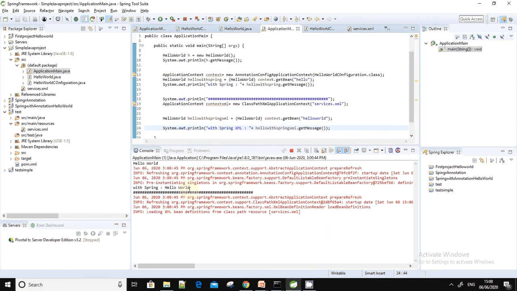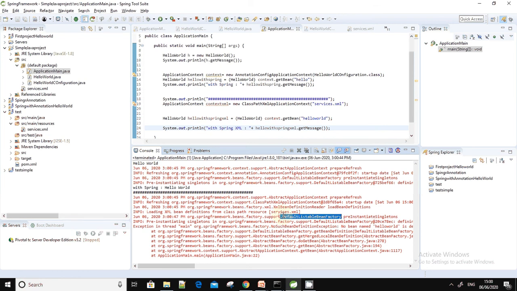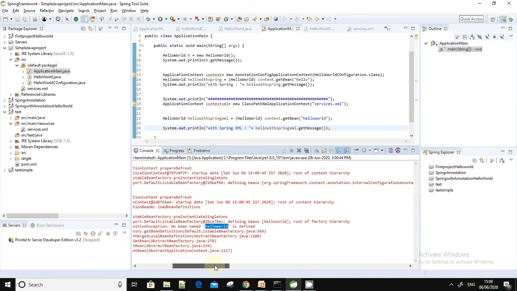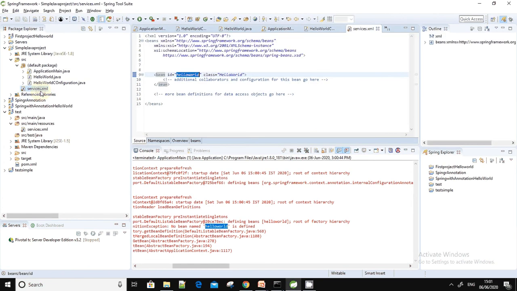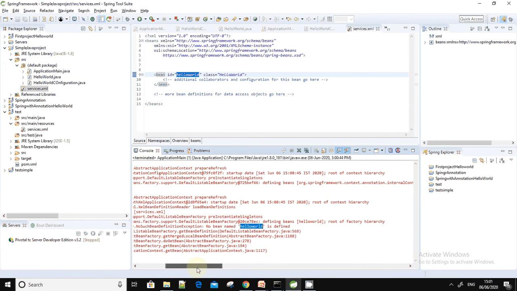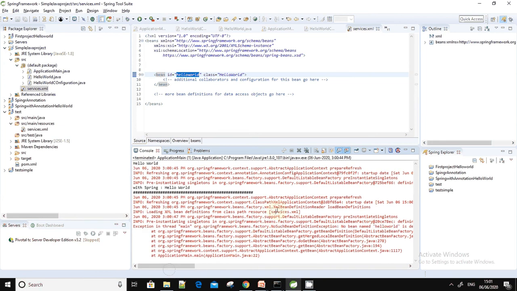If you see, it has given an error in services.xml: no bean named hello world is defined. Okay, fine, we'll go to that XML. The ID is hello world, and hello world is undefined in the root of the factory hierarchy, bean from class path resource services.xml.